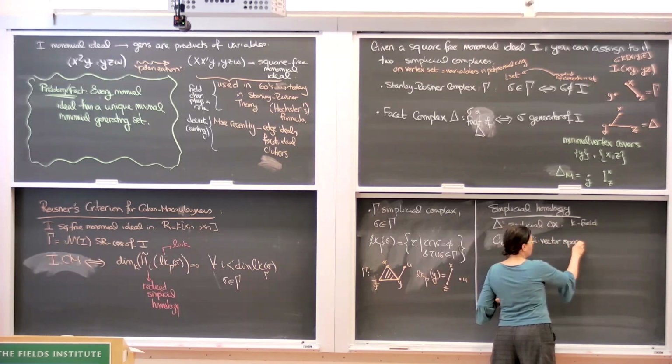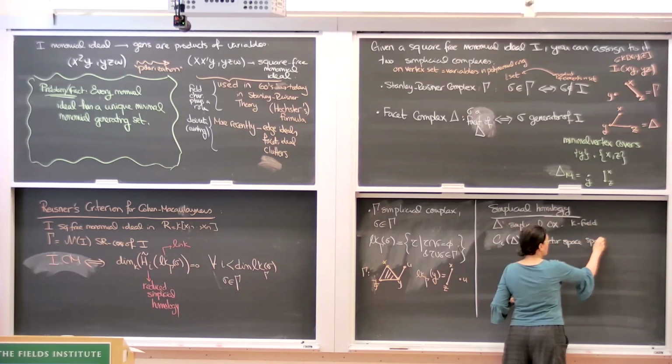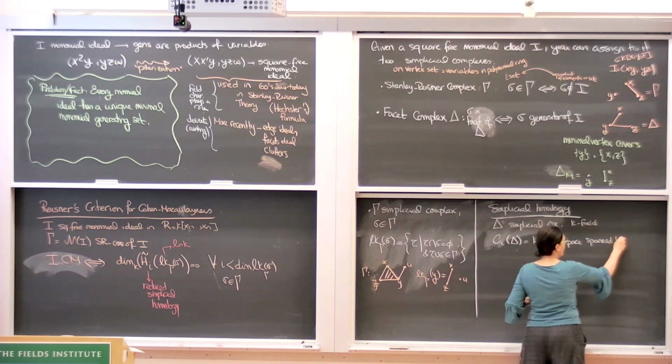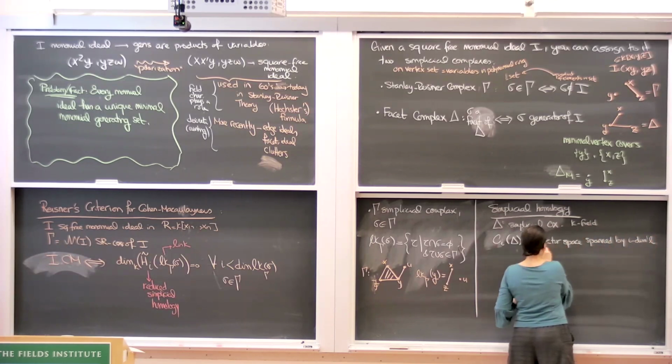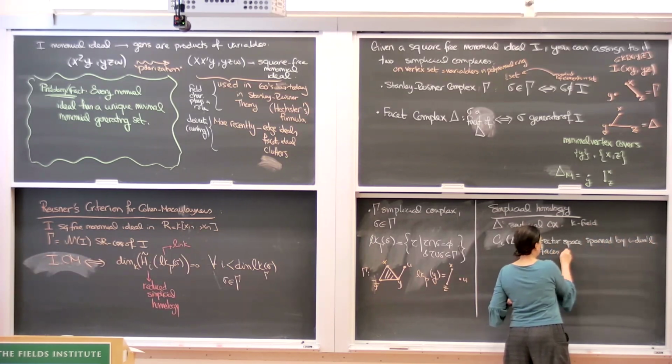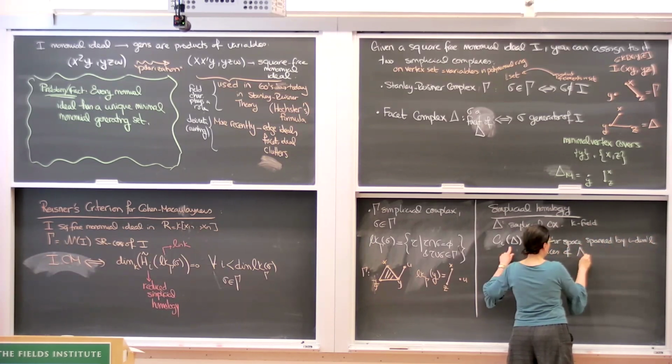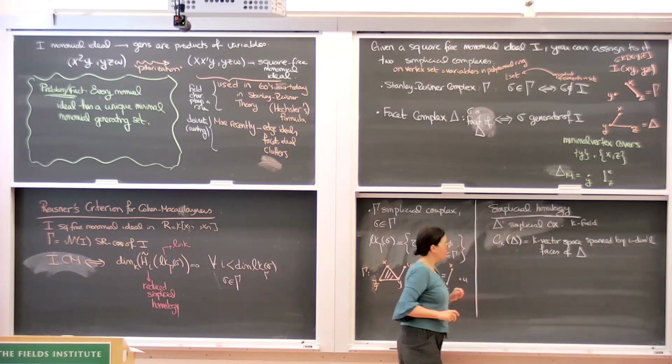So it's a K vector space spanned by i-dimensional faces of delta. Okay? And